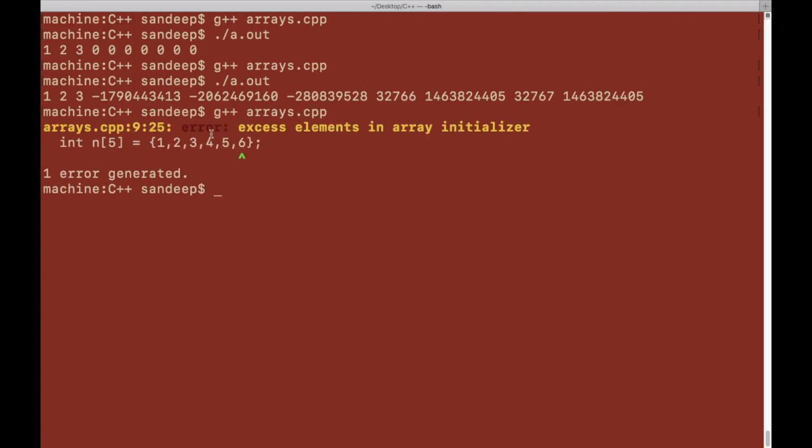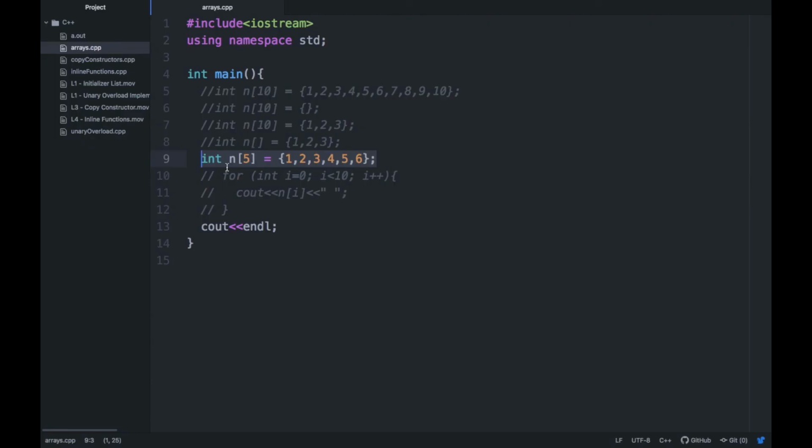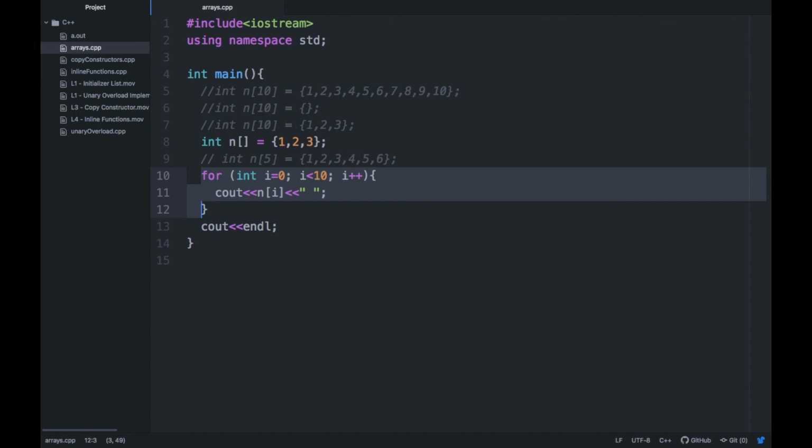While compiling this program, it is complaining about excess elements in the array initializer, and we have discussed that when the size is 5 you can't assign 6 elements to it. Clear? So you have to remove this. Okay, and now you can uncomment this and the program will execute successfully. If you want to run this statement successfully, you have to remove the 6 from here. So there should not be any sixth element.